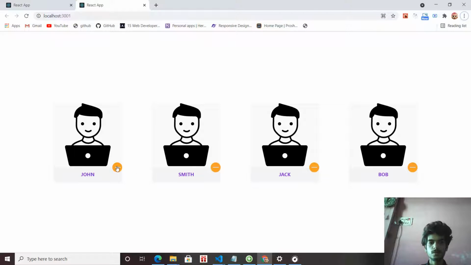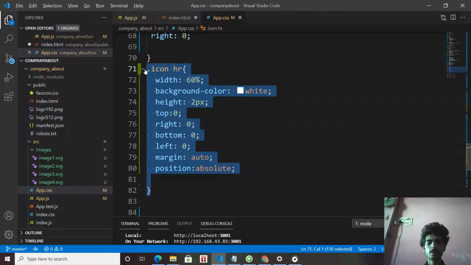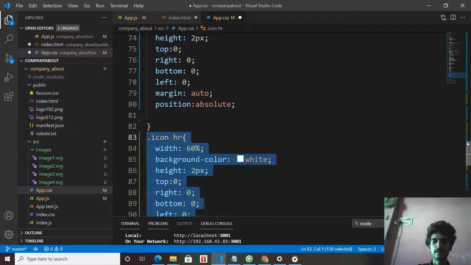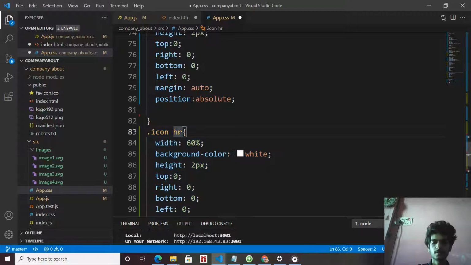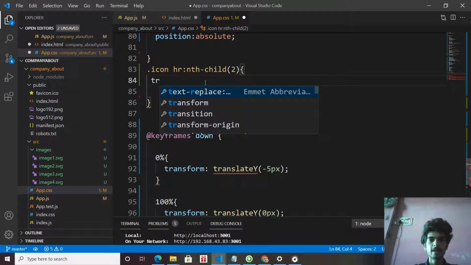Okay, so we have two hr tags, and the second hr we want to rotate 90 degrees so that it makes the plus sign. For this, select the second hr with the nth selector and transform it 90 degree.